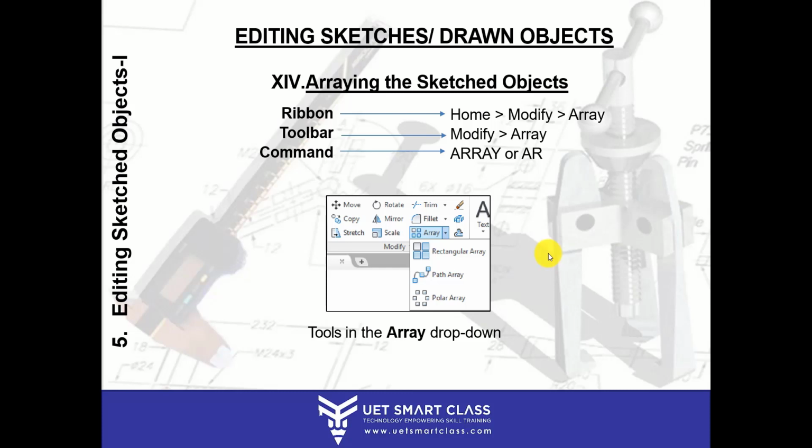All right. Arraying the sketch objects. Array is basically nothing but a method to multiply your object's copies to give you multiple copies of your particular object, but in a particular arrangement. For example, a rectangular arrangement or a circular arrangement.